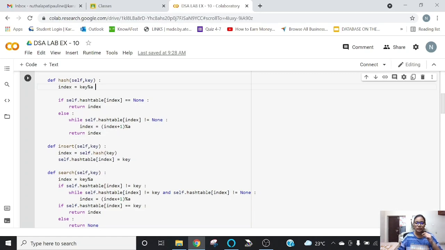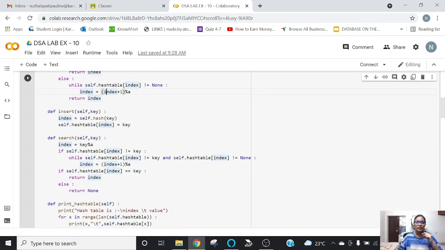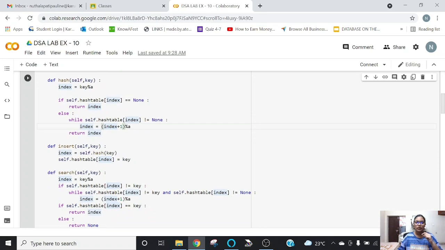Otherwise, if it is not equal to None, then it is going to perform this calculation, index equals (index plus 1) modulus a, which means we add one to the index, take the modulus with the total number of elements in the array, and then return the index value.